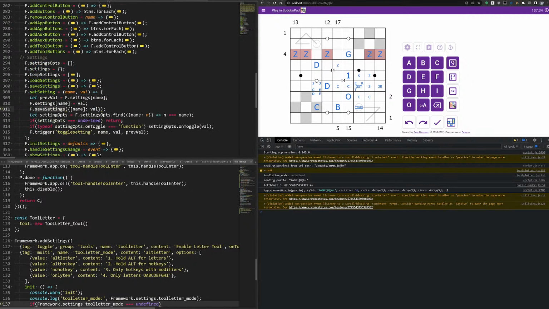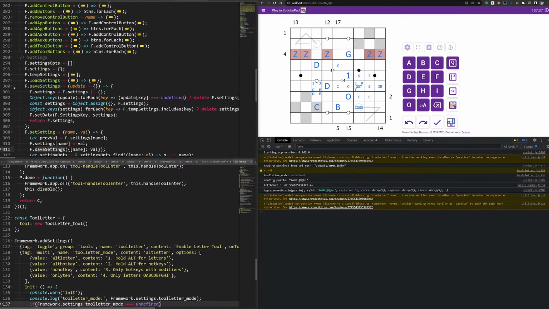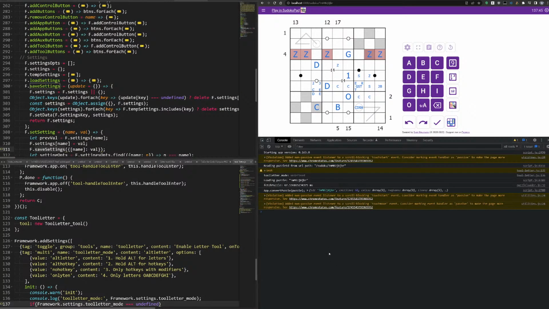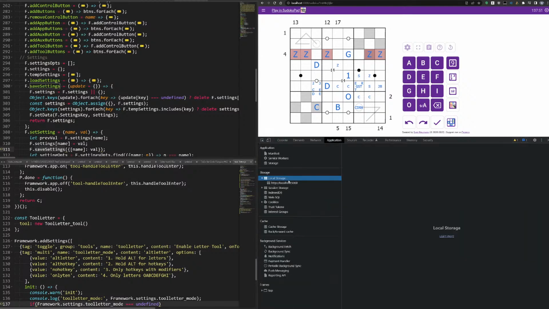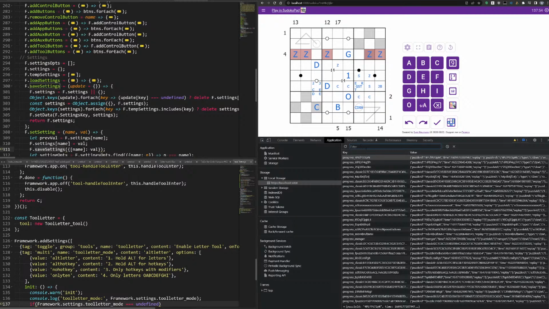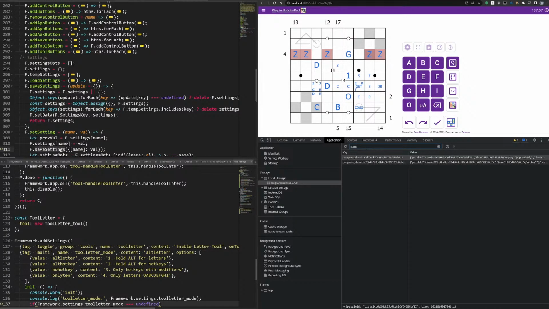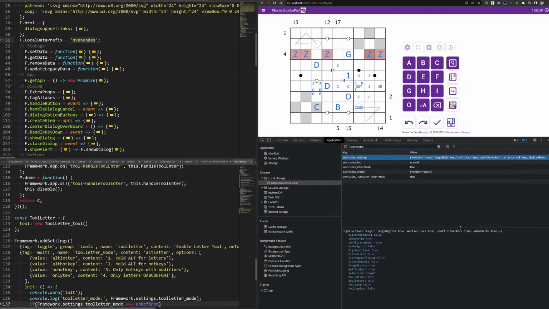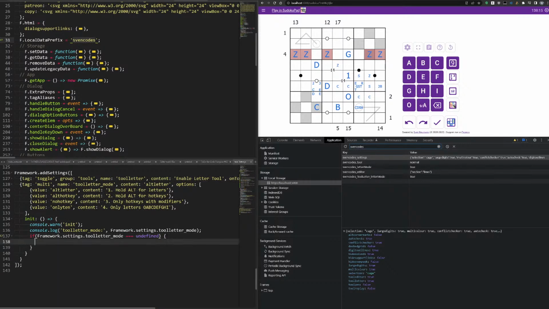and I have one doubt though. Maybe undefined isn't enough. Maybe it comes back as null. So save settings updates for each update key. If update key. So it should be properly undefined here. So if I look at what's actually being saved. No, what am I calling it? Sven codes. So if I look at this here. Yeah, so it's not there at all. Perfect. So if it's undefined,